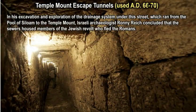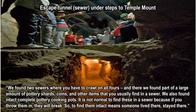From that, there is also a tunnel under the stairway. It's called an escape tunnel. When this was discovered, it was quite amazing, and you can see it here. What happened is that during the Roman